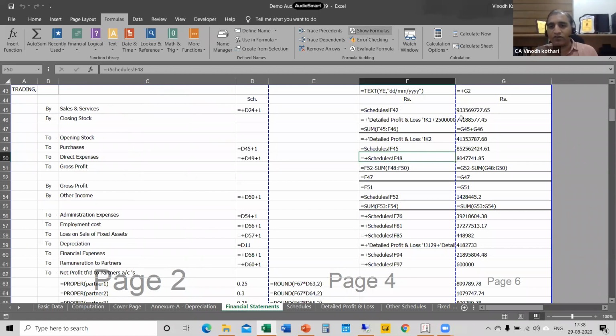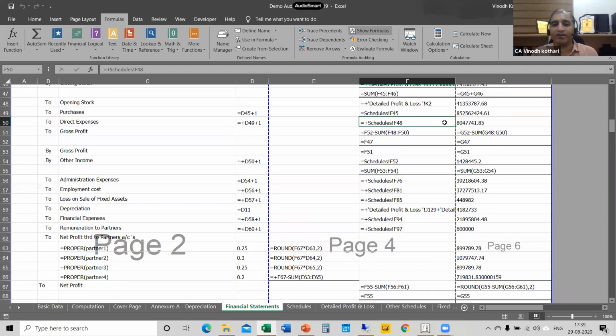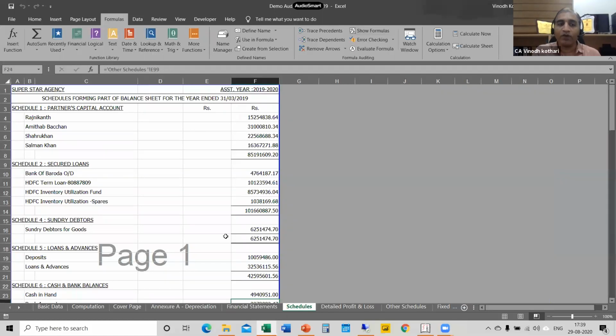By looking at this, you can find out what adjustments are done by your client or by your staff to tally the data. So here you see manually 2,50,000 is added. Somewhere else, if you go and find in some other data that some addition is there, you can ask why this was done manually. Why have you done it manually?